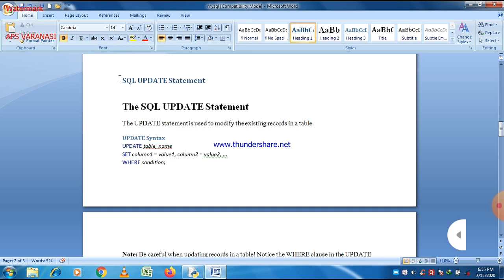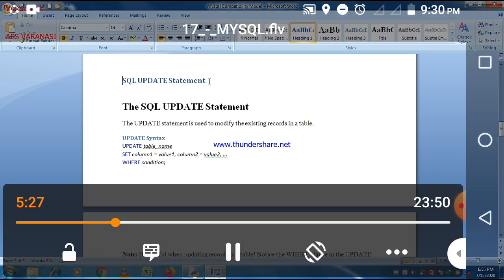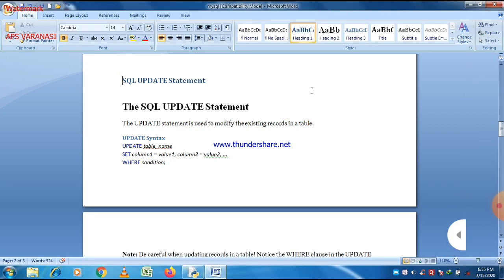There is a small difference between the update and alter table statements. Using the alter table statement, we are able to alter the table structure, and using the update statement we are able to update the data of a table. This is the basic difference between the alter table statement and the update statement.